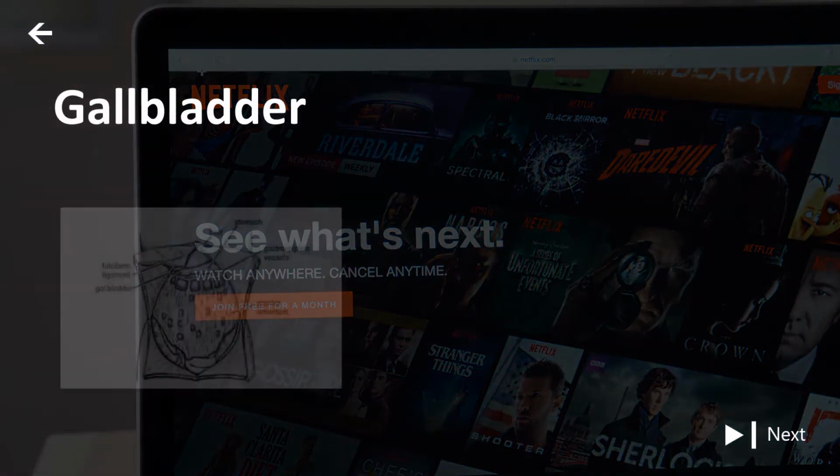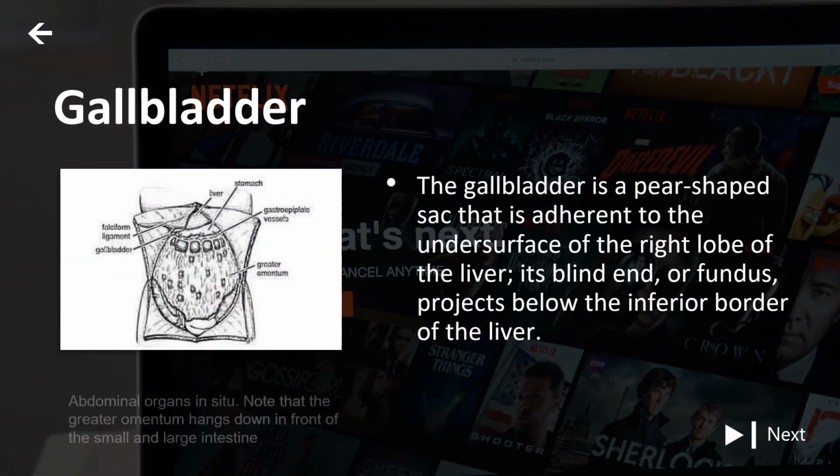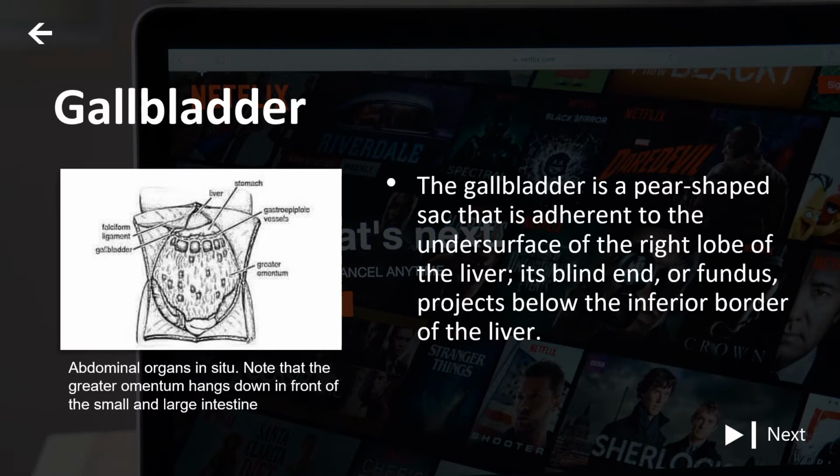The gallbladder is a pear-shaped sac that is adherent to the undersurface of the right lobe of the liver. Its blind end or fundus projects below the inferior border of the liver. The gallbladder is a gastrointestinal organ located within the right hypochondrial region of the abdomen. This intraperitoneal pear-shaped sac lies within a fossa formed between the inferior aspects of the right and quadrate lobes of